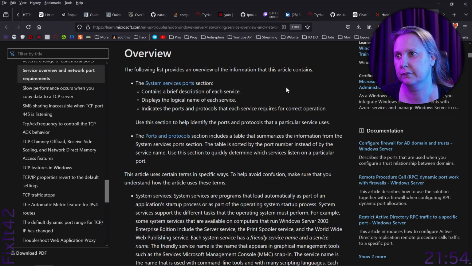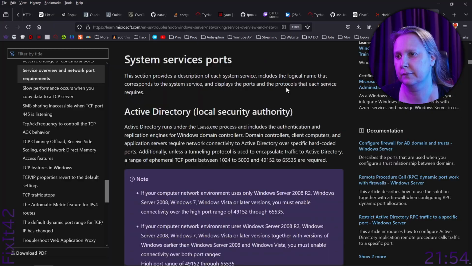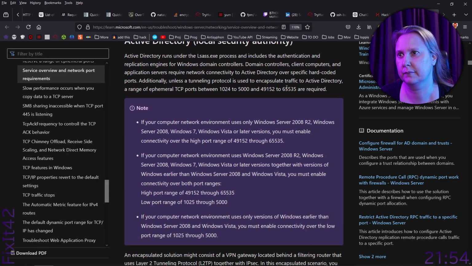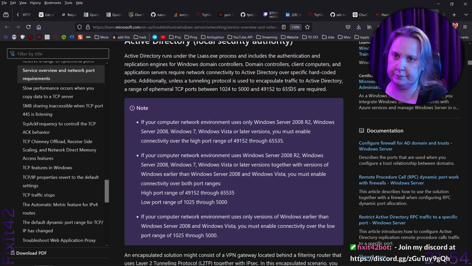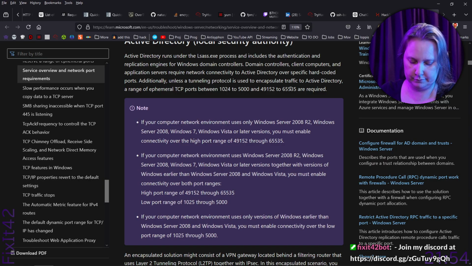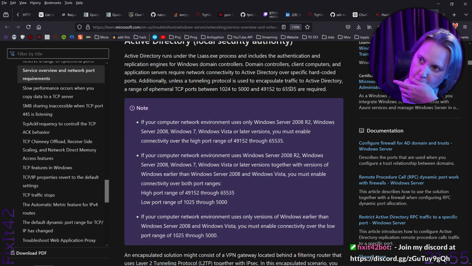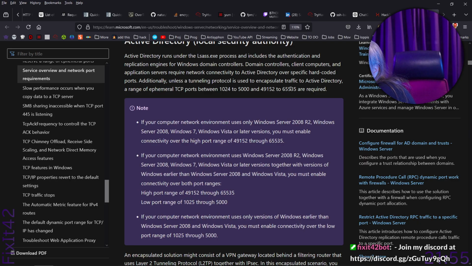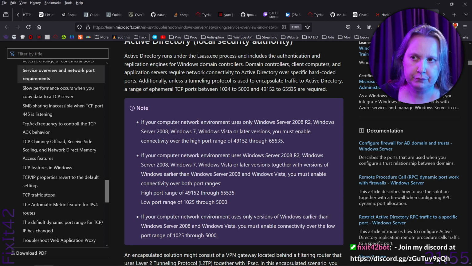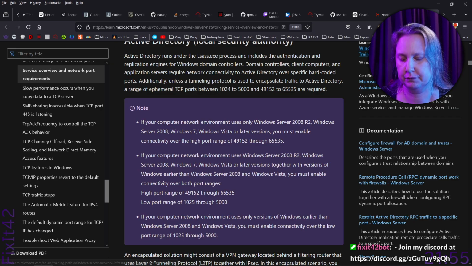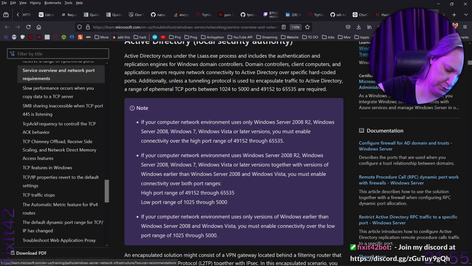Active Directory, Local Security Authority. Active Directory runs under the LSASS.exe process and includes the authentication and replication engines for Windows domain controllers. Domain controllers, client computers, and application servers require network connectivity to Active Directory over specific hard-coded ports. Additionally, unless a tunneling protocol is used to encapsulate traffic to Active Directory, a range of ephemeral TCP ports between 1024 to 5000 and 49152 to 65535 are required. Note: